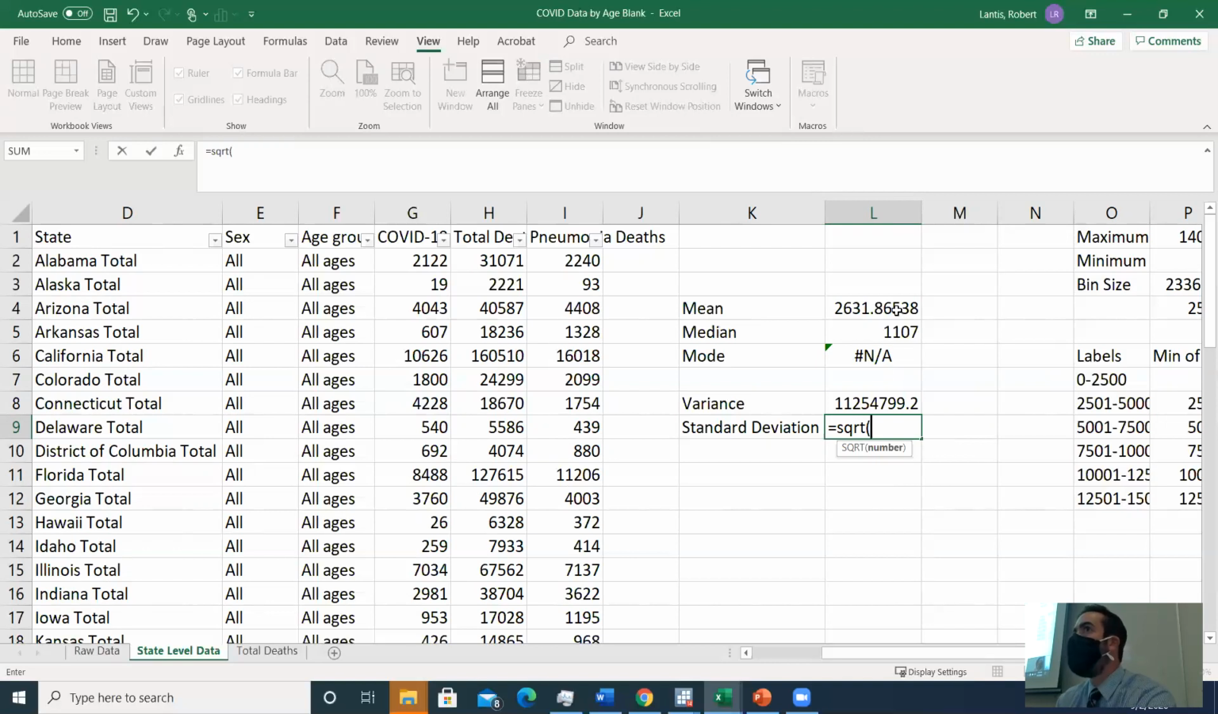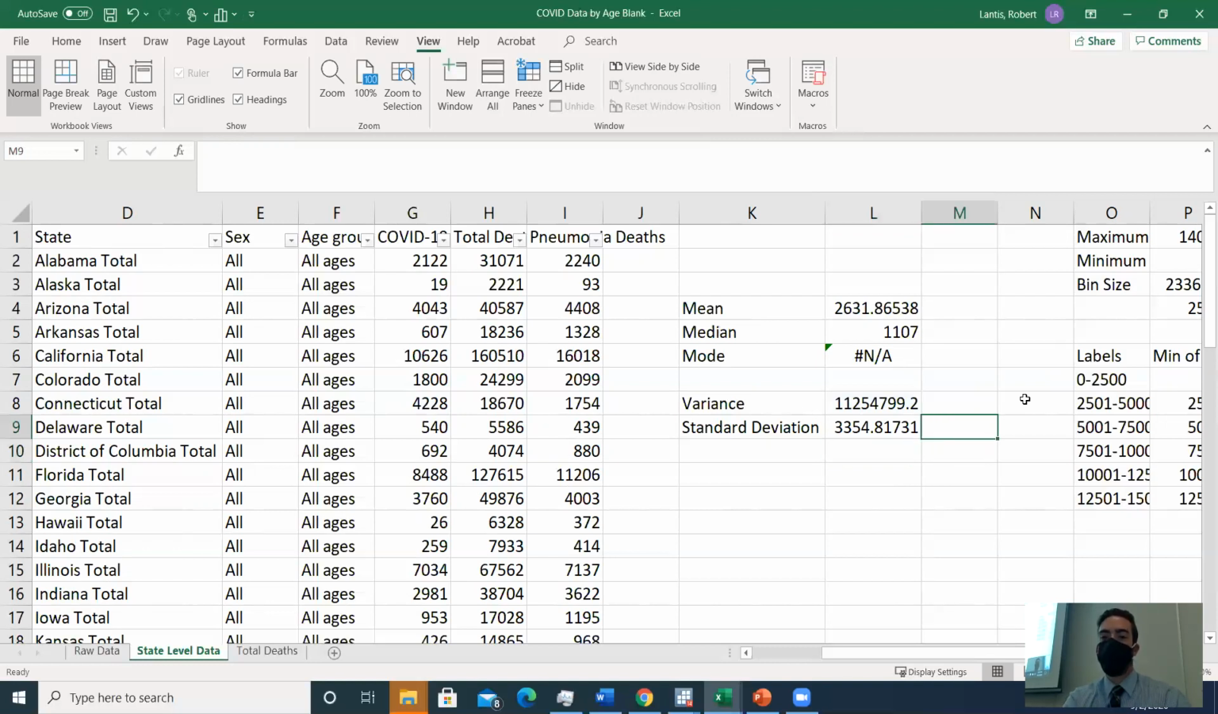We'll be using this at other points, to take square roots. So I want to introduce it now. And then we just want the square root of the variance, right? So I click on that cell that has the variance in it. I hit OK. Now what I could also do is, there's a built-in formula that if I didn't find the variance already,